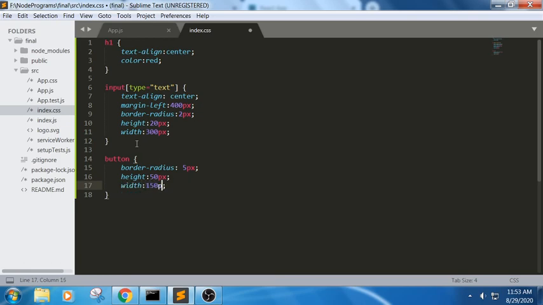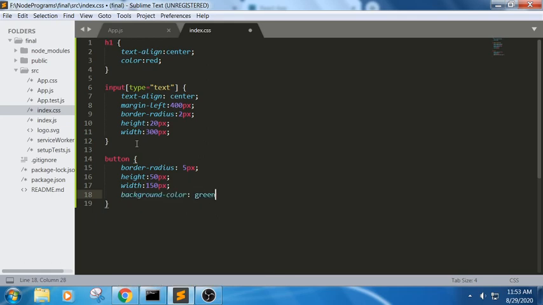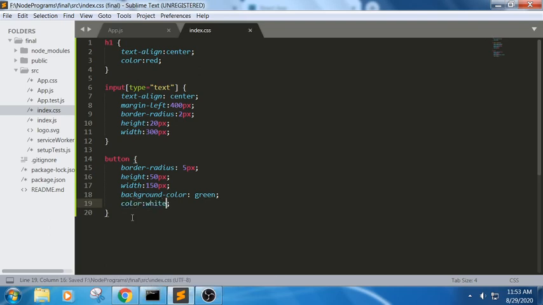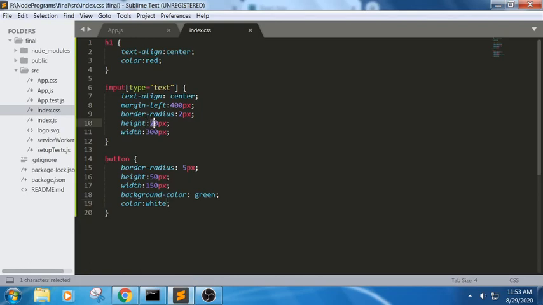Later on we can edit it. And background color green, and text color white. You should always use hexadecimal; I'm just taking this for static purposes. So we got everything in the same shape, right?